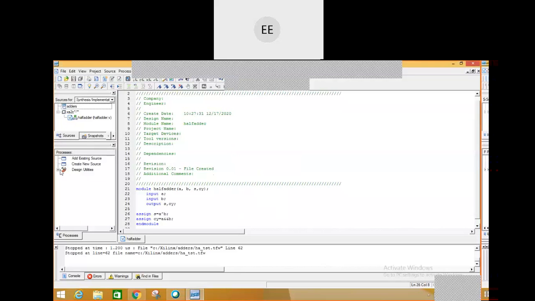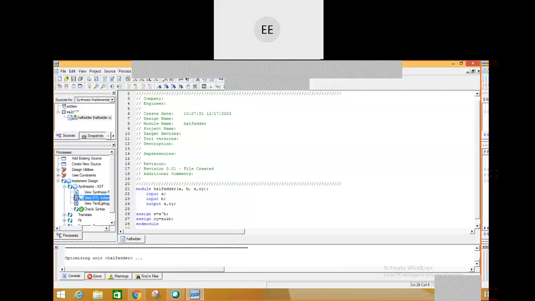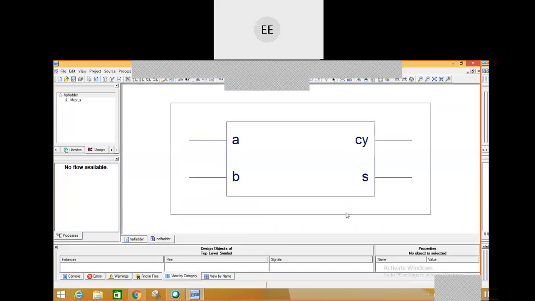Yeah, I didn't show you the schematic, right? Wait, that's also one more thing that is possible here. Let me select a half adder. See, I have selected one more option called view RTL schematic. What exactly is it going to show you? It is going to show you the schematic of the Verilog code that you have implemented. Right now, it was a half adder, right? It is having two inputs A and B, two outputs sum and carry.